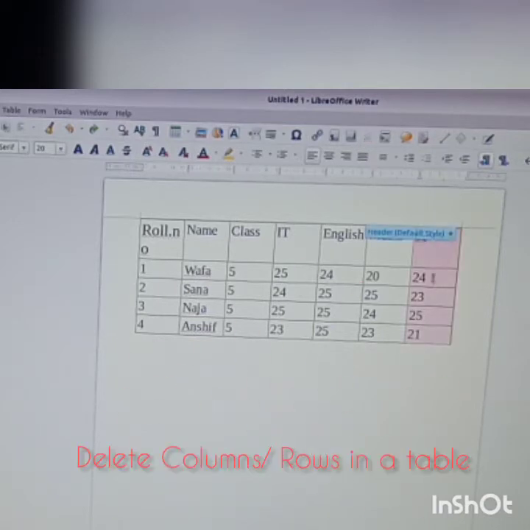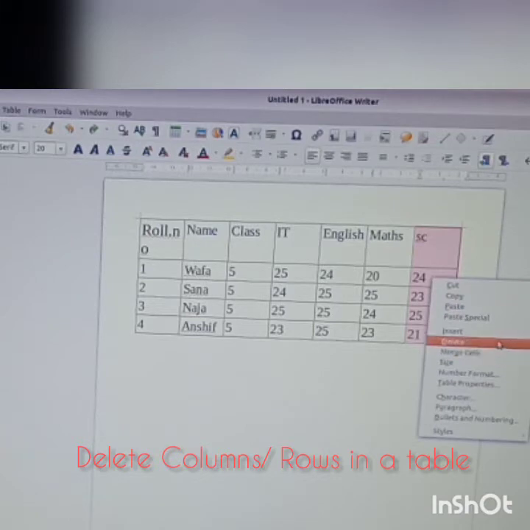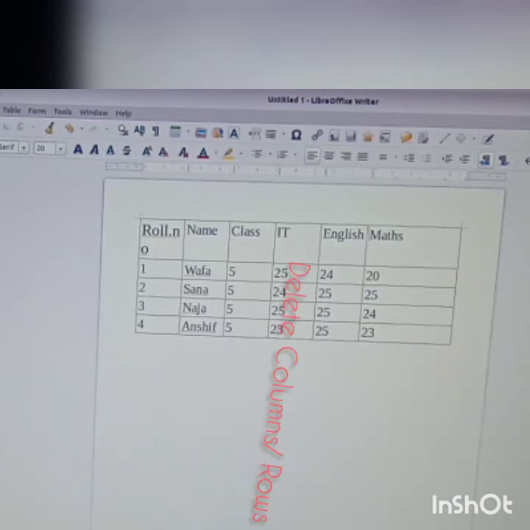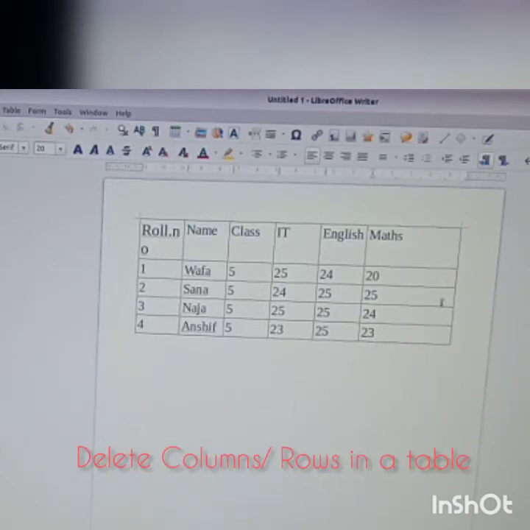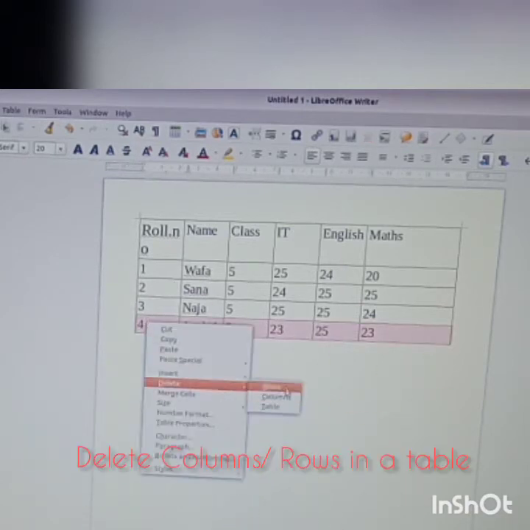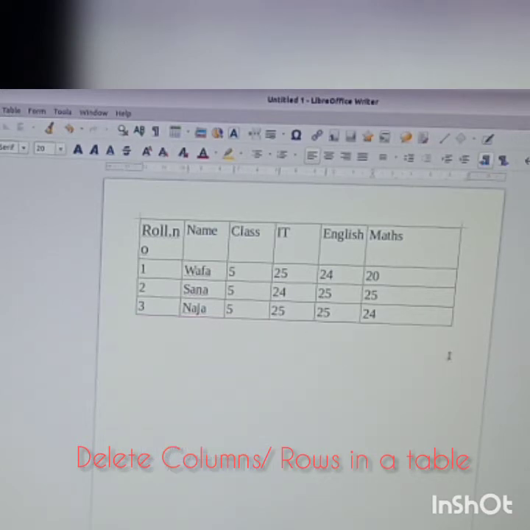Just click it, right click, delete option and there delete rows or delete columns. What you need to delete? Yes children, you need to delete columns. So click column, then that will go. And if you want to delete rows, select it, right click, delete rows. Then that will also go. This is how we delete.